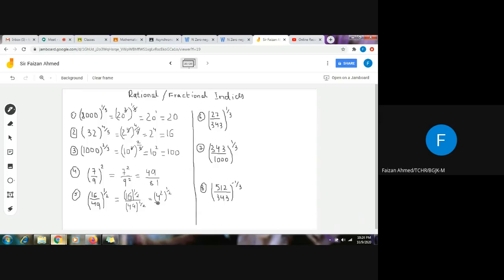And again, there is a 49 in the denominator. The power has a 2 in the denominator, so I will just think of a number whose square is 49, and I know that 7 square is 49, 7 times 7 is 49. So this 2 will get cancelled out, this 2 and this 2, and my final answer will be 4 upon 7.